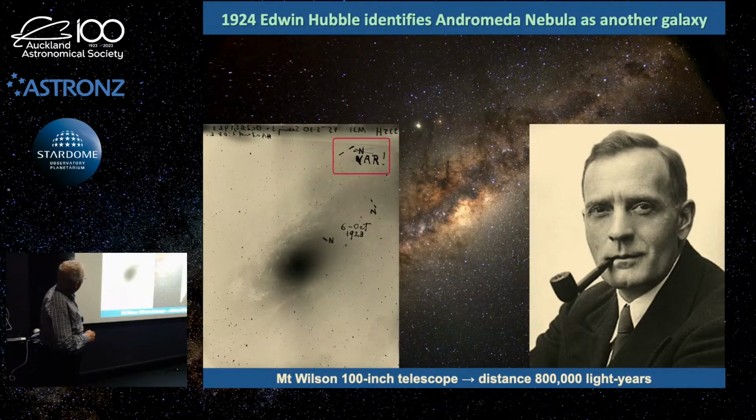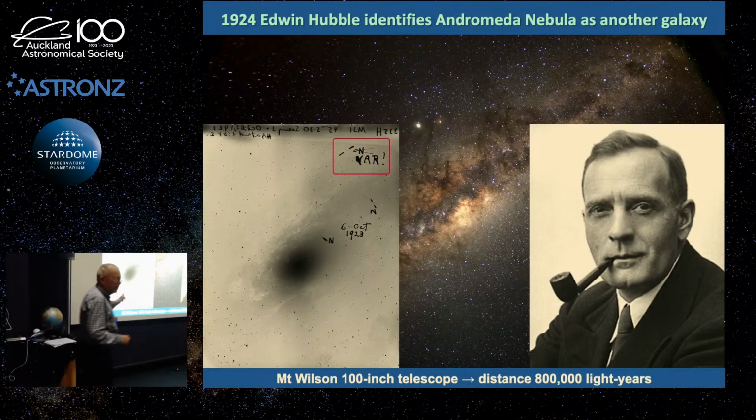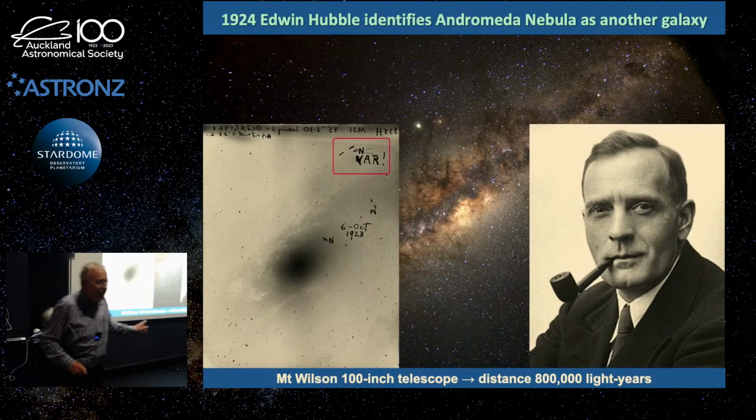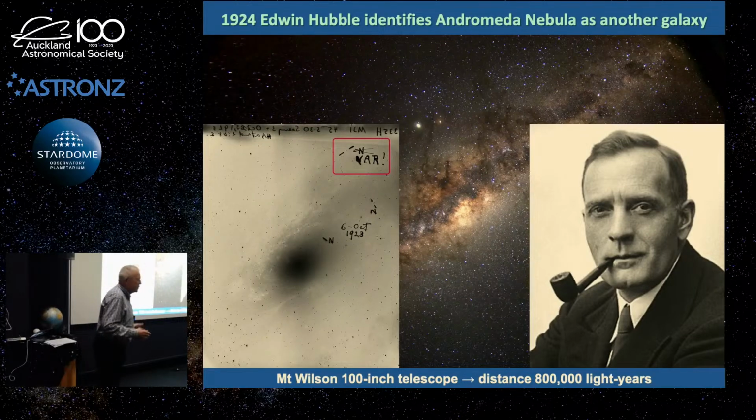And you can see where he's crossed the N out and put VAR, exclamation mark, for variable. So what got him excited? He recognised this variable star as what they call a Cepheid variable star. And it's a type of star that an American astronomer lady by the name of Henrietta Leavitt, who a few